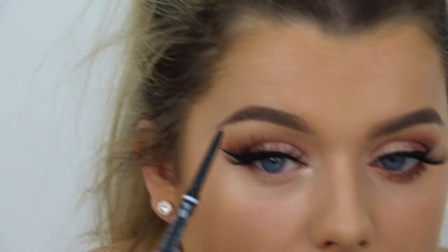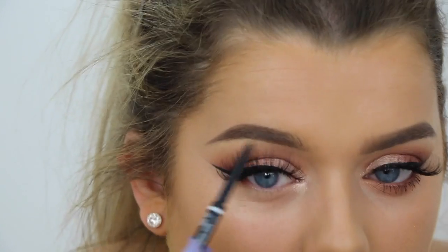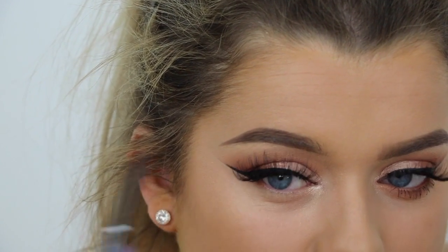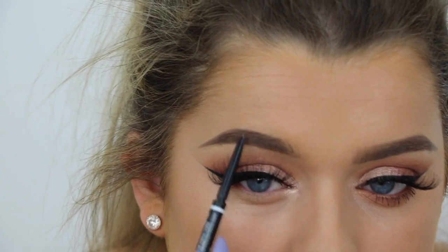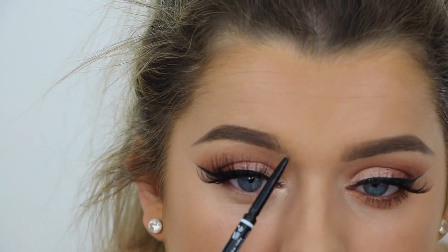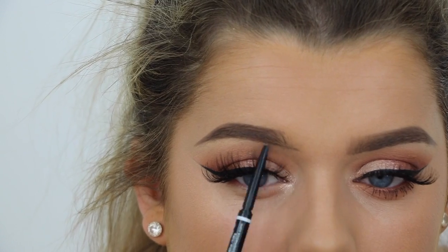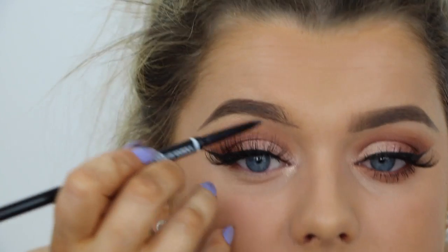Wow, okay, so I've been sat here filling in my brow and I hadn't even pressed record. Basically, I'm using the NYX Micro Brow Pencil in the shade Ash Brown, and I was saying how I like to trace the bottom of my brow and then the top half and then connect it all and fill it in. I've really been loving brow pencils at the moment. I think they're super easy and quick to use. And when I get to the front, I like to draw myself a little bit of a base, and then from the base,